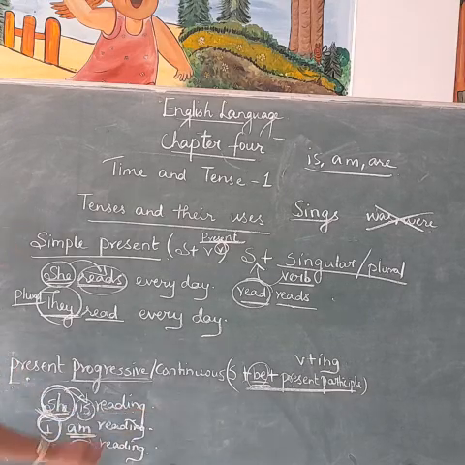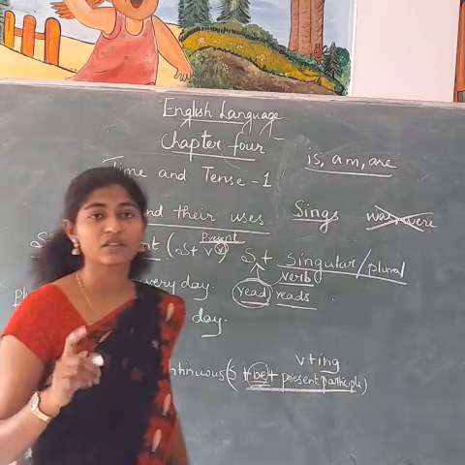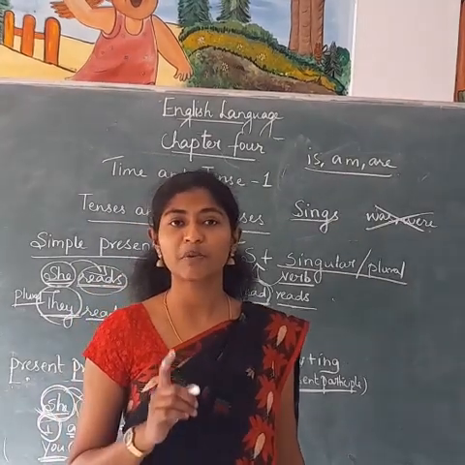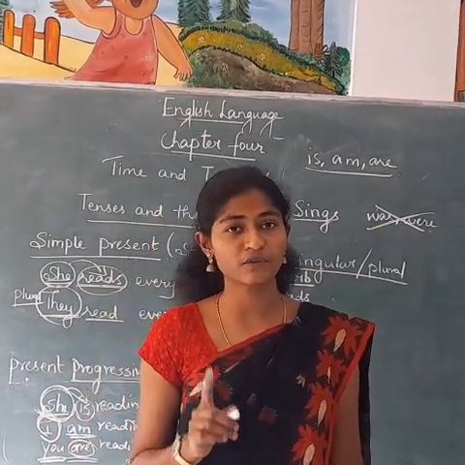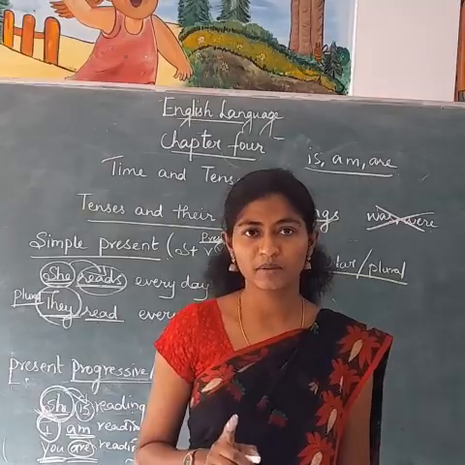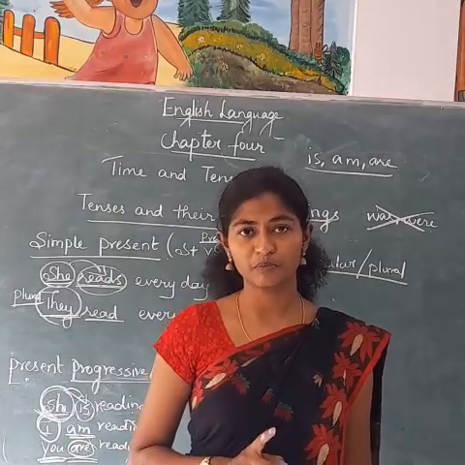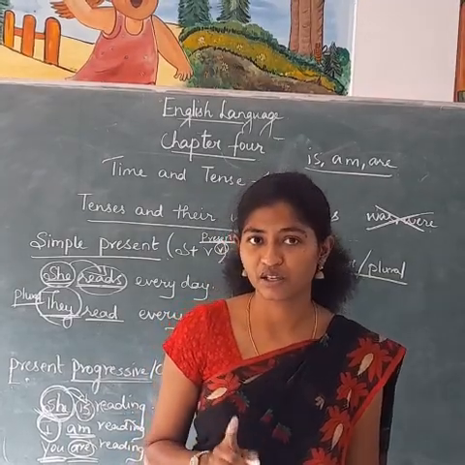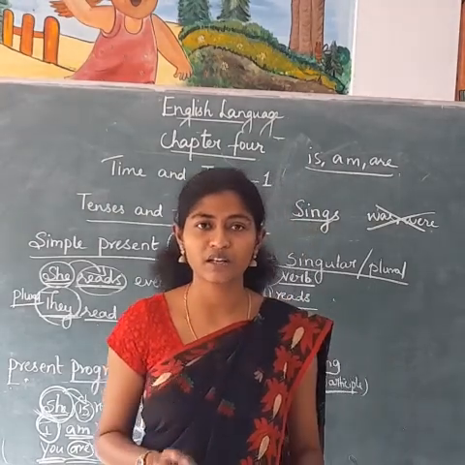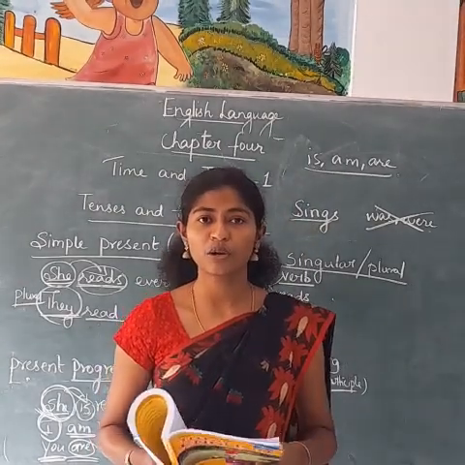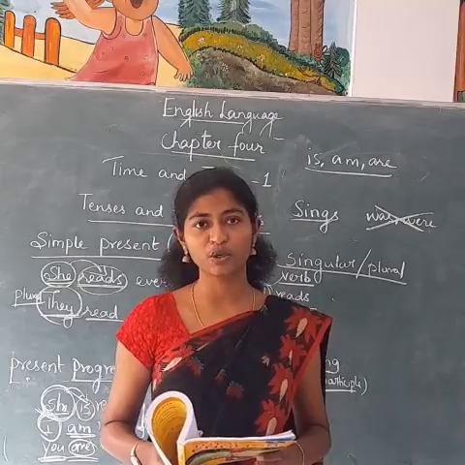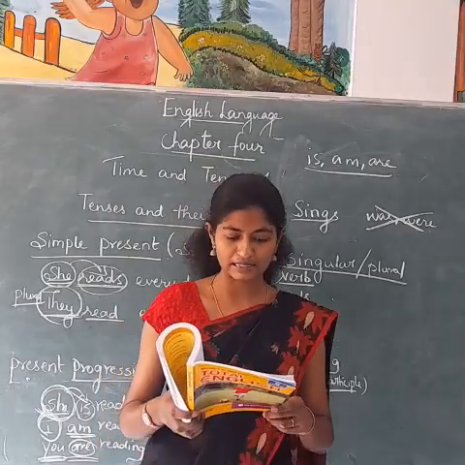Okay? And what is meant by past participle of a verb? Past participle of a verb is the third form of the verb. Present participle means verb plus ing, and you should not be confused. Okay? Now all of you take your Total English book and turn to page number 66.